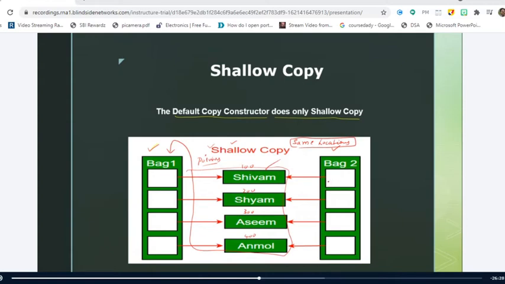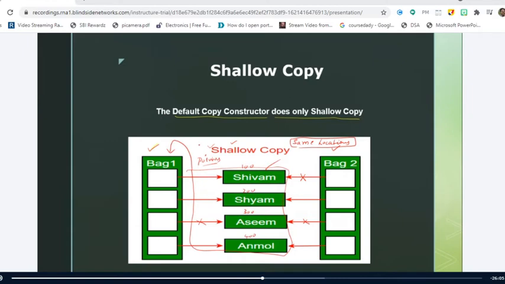Since it is also pointing to the same location, the pointer from bag2 to Shivam will be broken. Similarly, if you remove Asim using bag1, the pointer from bag2 to Asim will be broken. Therefore, Asim is not available to bag2 also. So this is a problem that arises due to the default copy constructor.